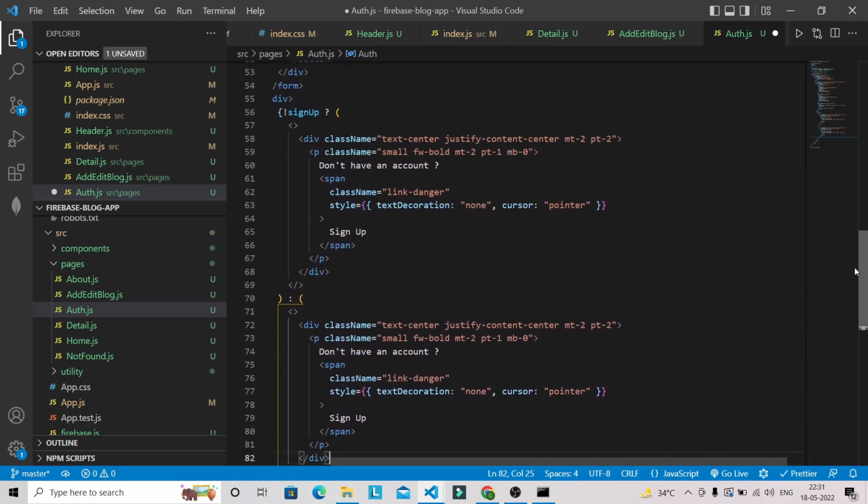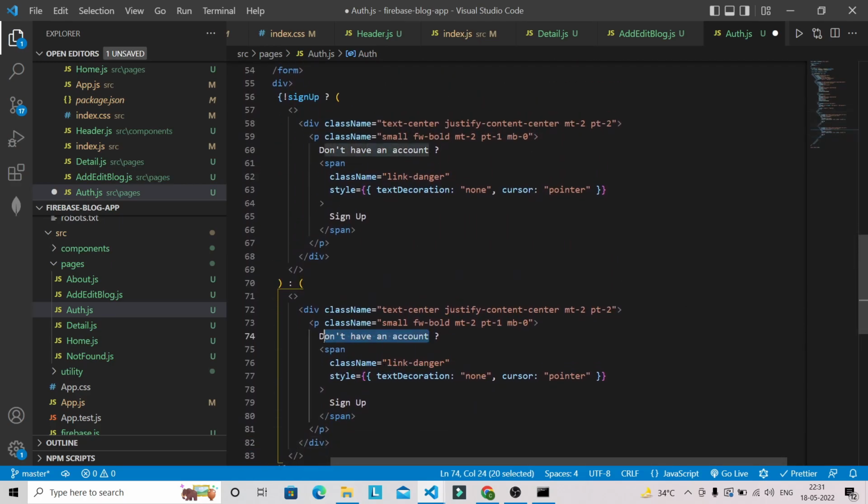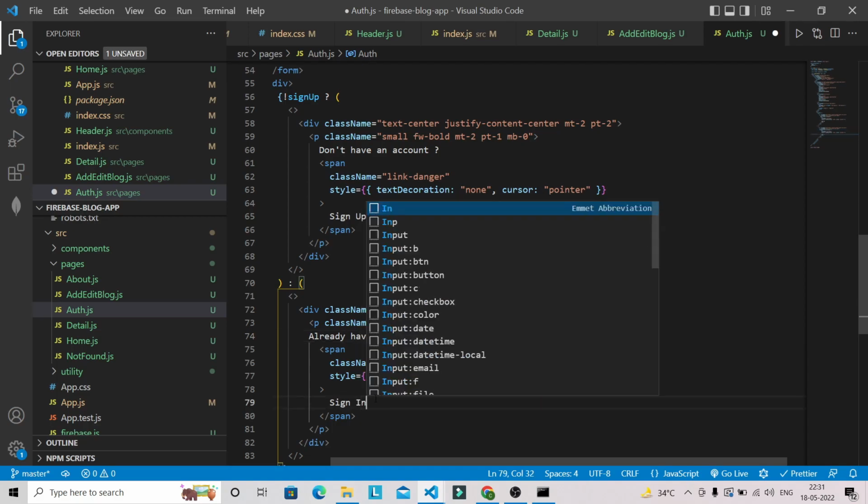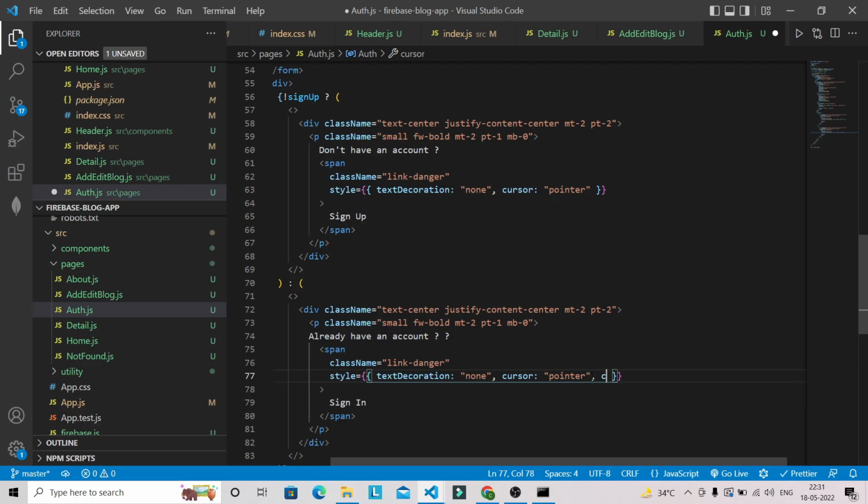So if you are in sign up form, in that case I wanted to show a message like already have an account, then basically you can click on sign in. So in that case it will be sign in,